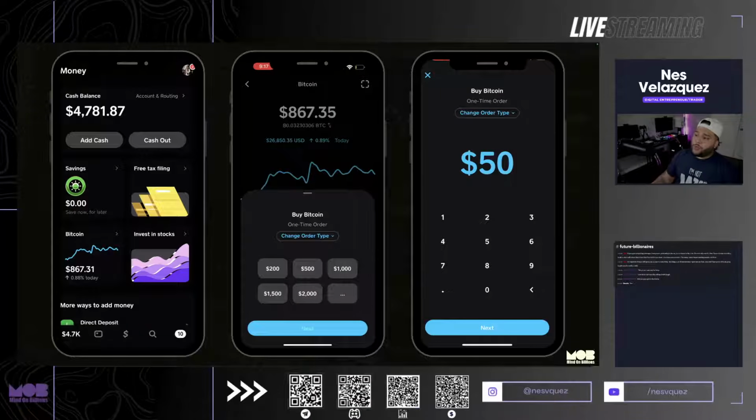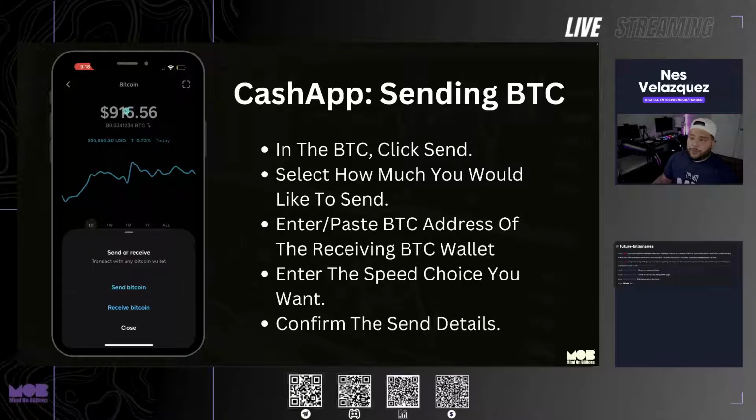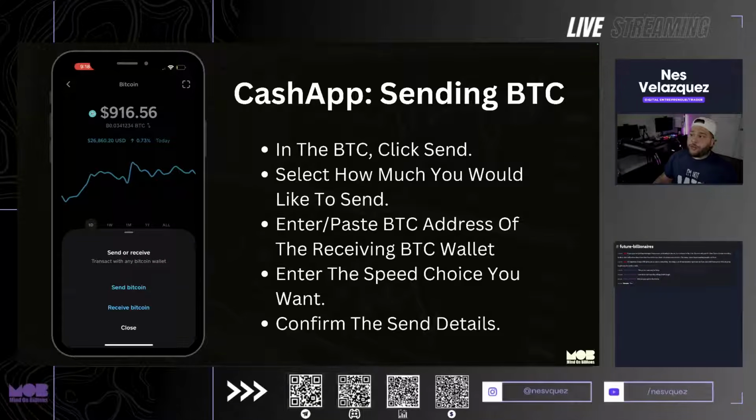Okay. So after you decide to put whatever in there, you confirm your purchase and you're good to go. Once you have Bitcoin in there, now you can actually send the Bitcoin over to your broker. As you go through the process with your broker, it eventually is going to get to a point where they're going to give you a QR code or a Bitcoin wallet address to send the funds, the money that you want to use to trade.